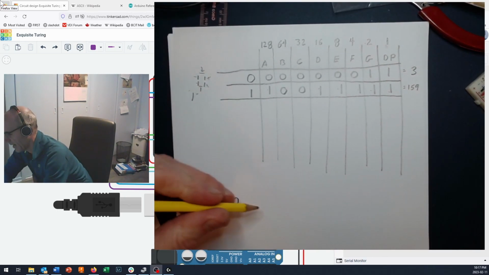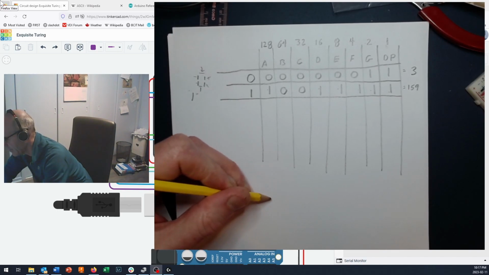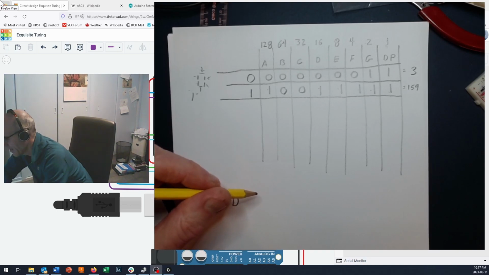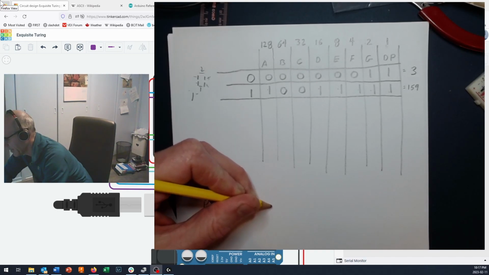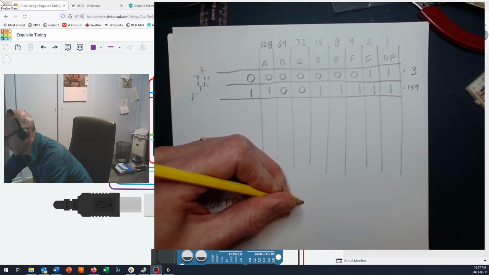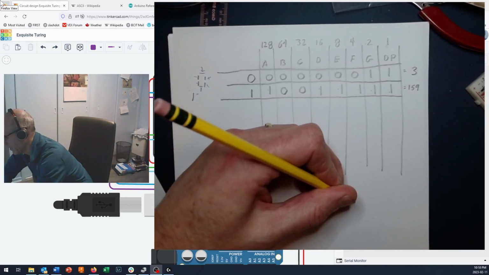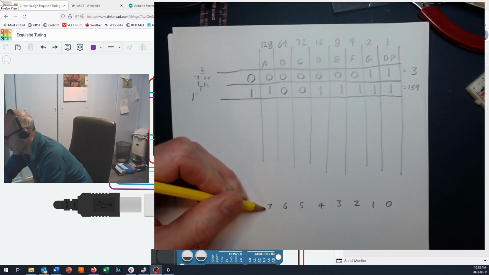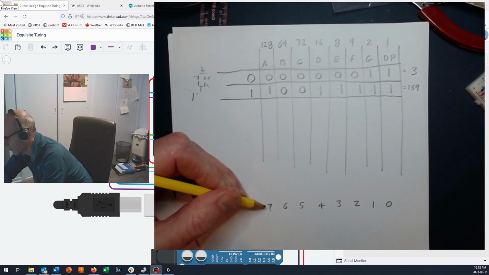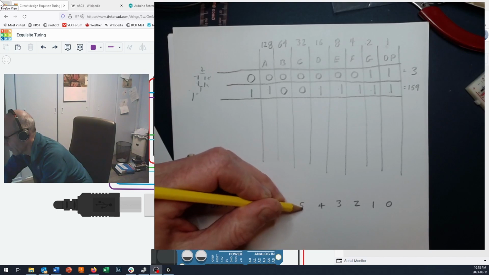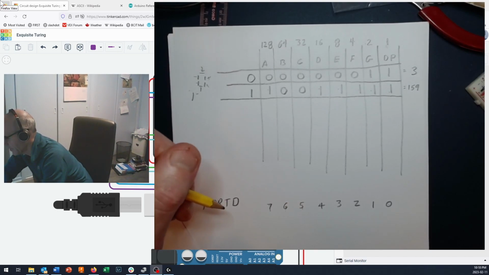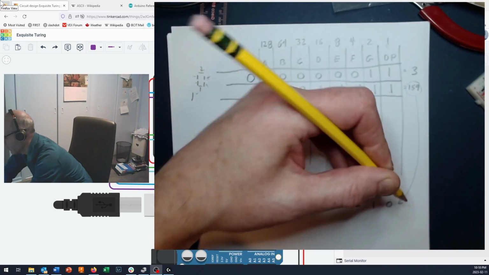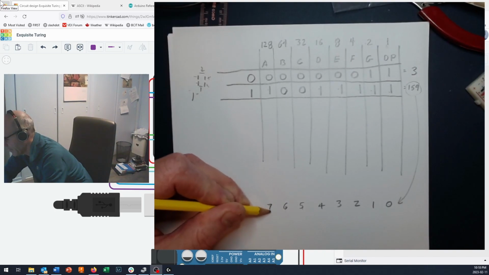But if we were to take a look at port D, it's got 8 pins on it, 0 through 7. Okay, so 7 is 6, 5, 4, 3, 2, 1, and pin 0. 7 is controlled by the 128 bit, the highest order bit. 6 is controlled by the 64 bit, and this is controlled by the 32 bit. So we can take this number right here, and if I pump that into port D, then my pins will go,